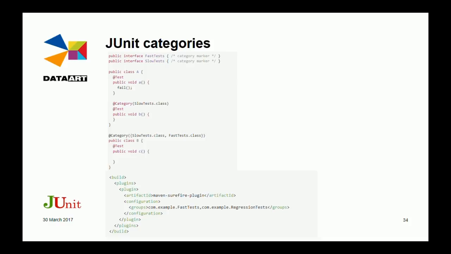Do you know the name? A competitor of Surefire, or maybe one that has the same functionality. Maven, yes, Maven. No, I'm not talking about this, I'm just asking. So for Maven we have the Surefire plugin, it has some functionality, but there is another plugin that has the same functionality, with a very, very small difference between them.